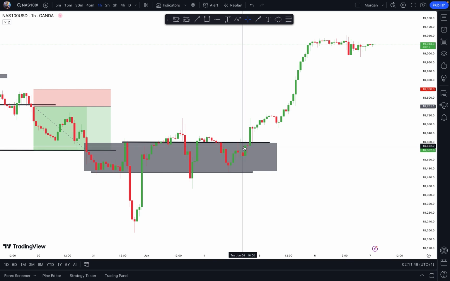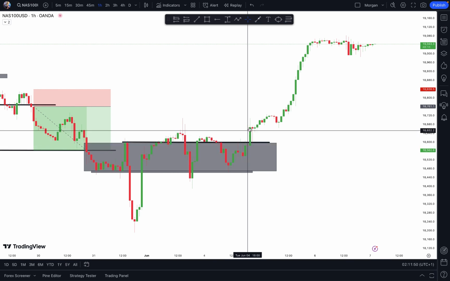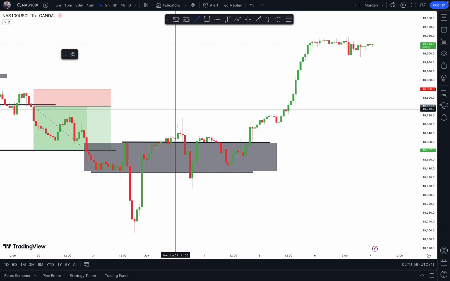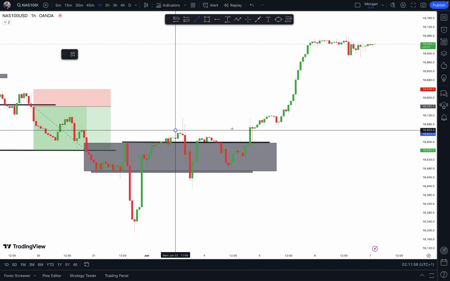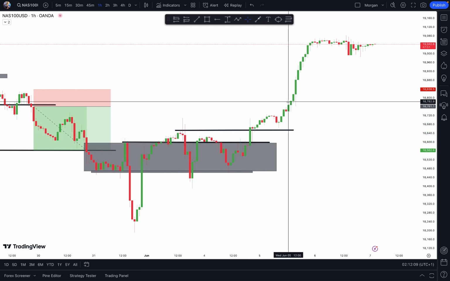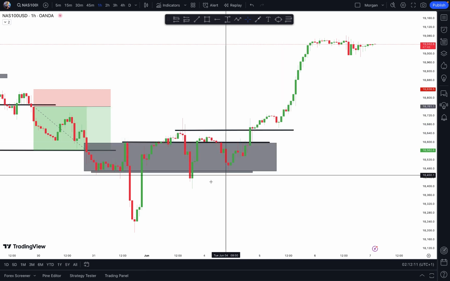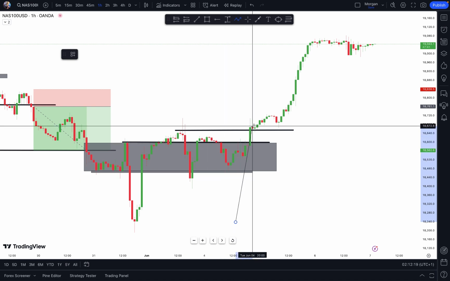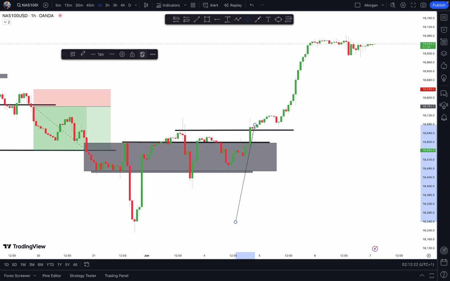So after we've seen that price made a high here, now I also called this level kind of like a new indication, if that's what you want to call it. But it was already obvious to me that price is trying to go up instead of go down, because now I see that price is starting to form a higher low and a higher high. That was how I was able to get into this position here,